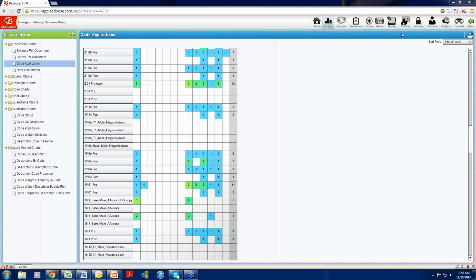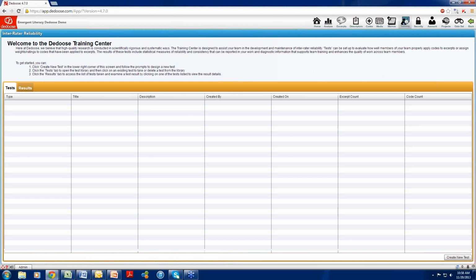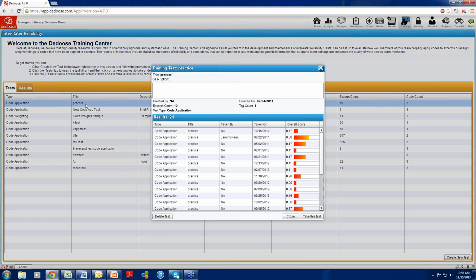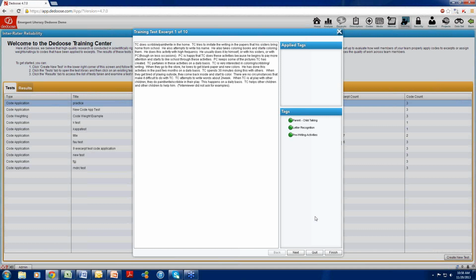And I think the last thing I wanted to show you, if you aren't familiar with it, is the Dedoose Training Center. And here is where we create tests to establish and work to maintain inter-rater reliability. So very quickly I can plop you into one of our tests. And what this looks like when these have been created is a test taker will go in, see excerpt content, apply codes as they see appropriate, but these are already excerpts that have been created and tagged previously, and then